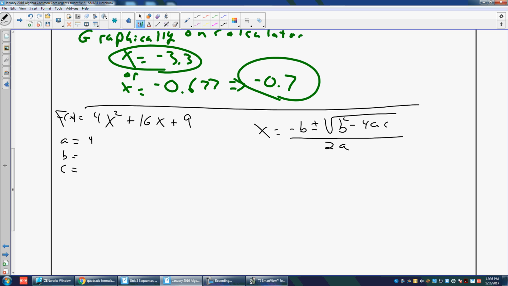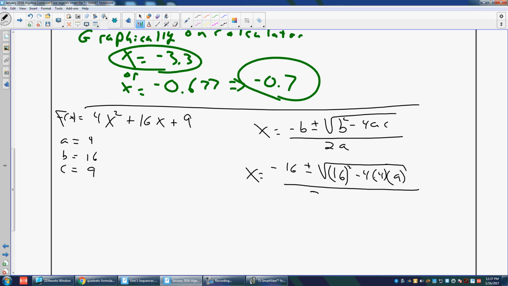A equals 4, b equals 16, and c equals 9. So x equals negative 16, because that's what b is, plus or minus the square root of 16 squared, we should always put it in parentheses in case it's a negative number, minus 4, and then a is 4, and c is 9,